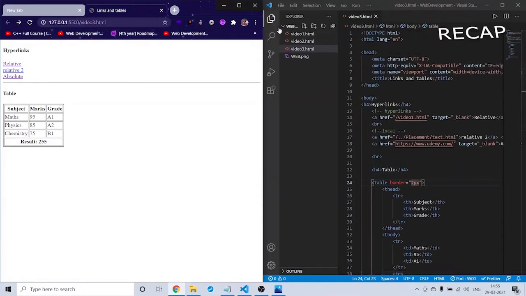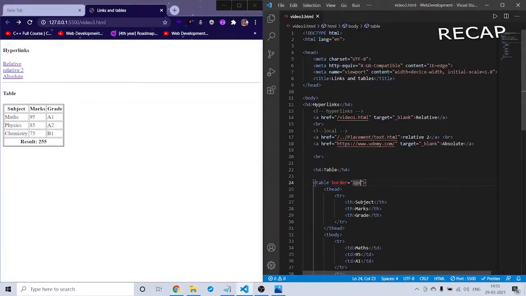So let us again recap what we learned. We talked about these hyperlinks, and there are two types of links, the first one is relative, which is the local one. If you have any HTML file in your local PC, you can directly access it here with the help of this relative in this way. If you want, you can go back in this way.